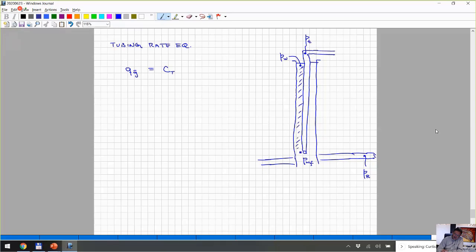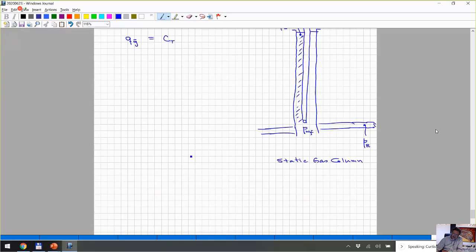So there's flow going through the tubing, but if there's no flow in the annulus, we just have a static gas column. So if you just solve for a static gas column,